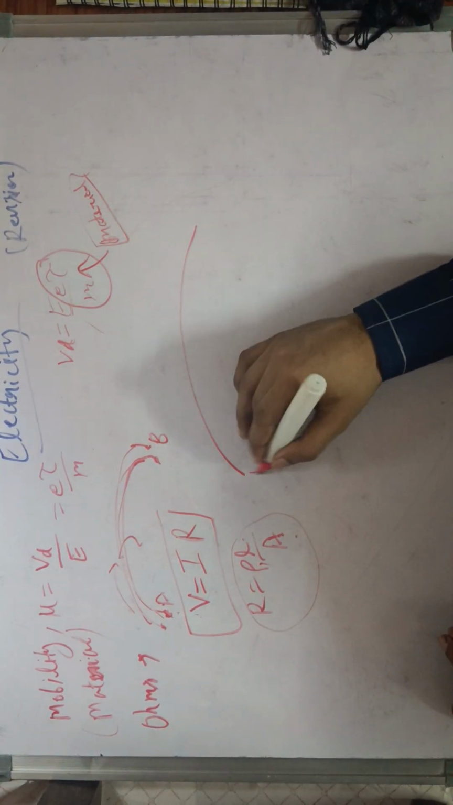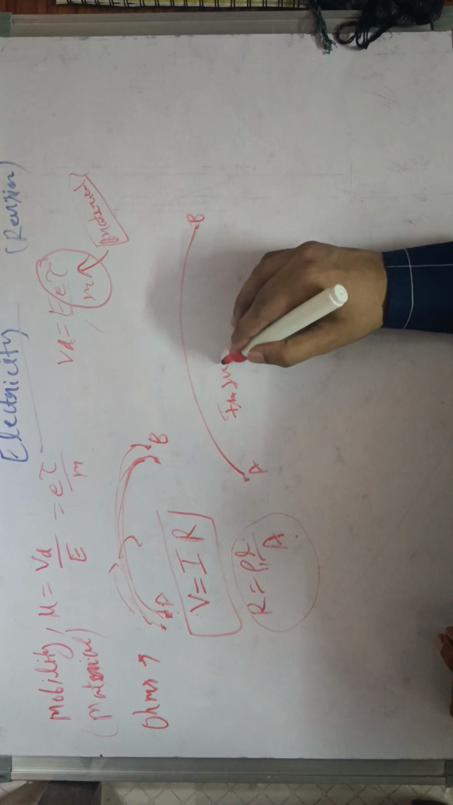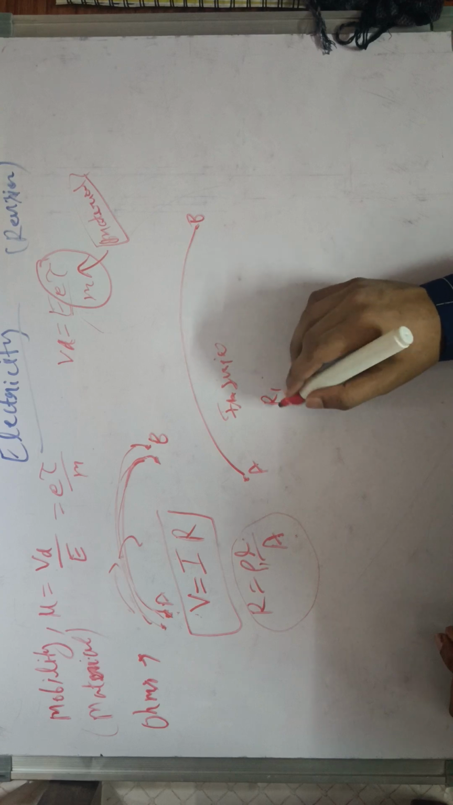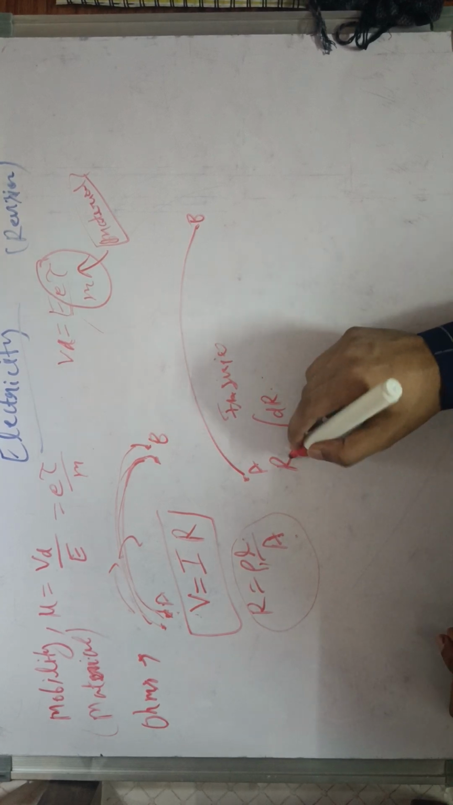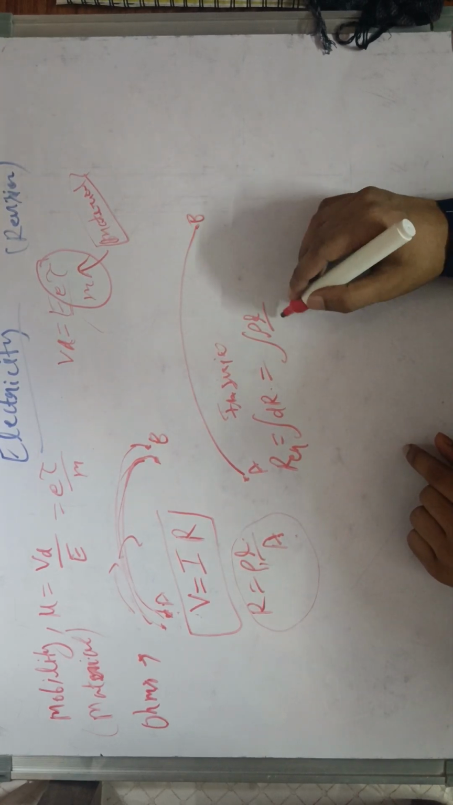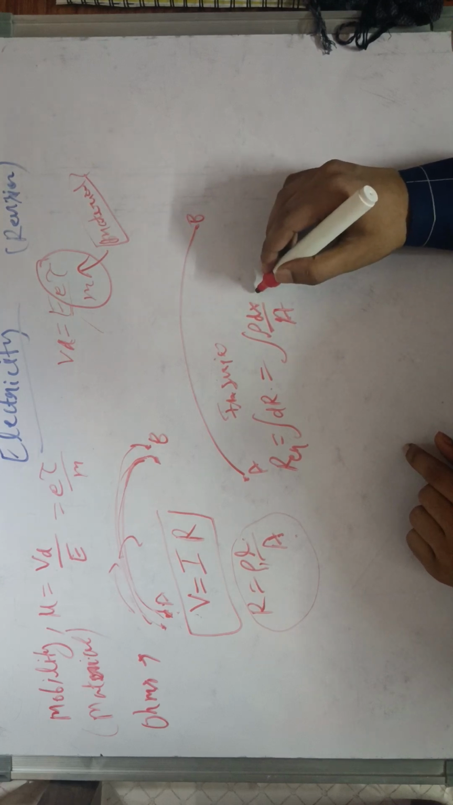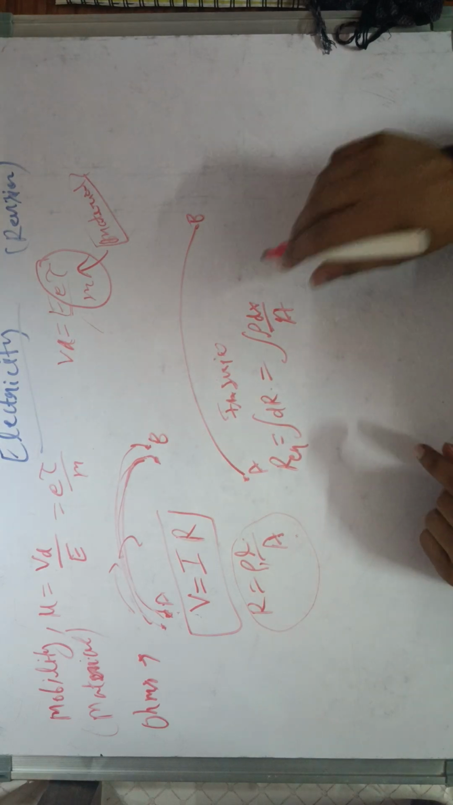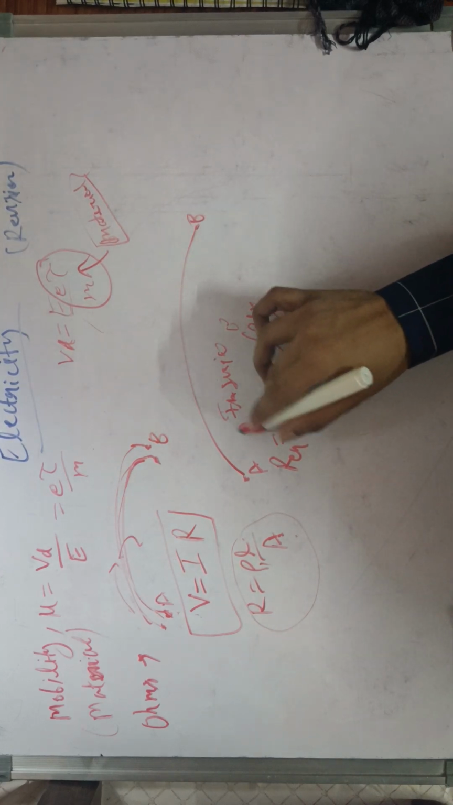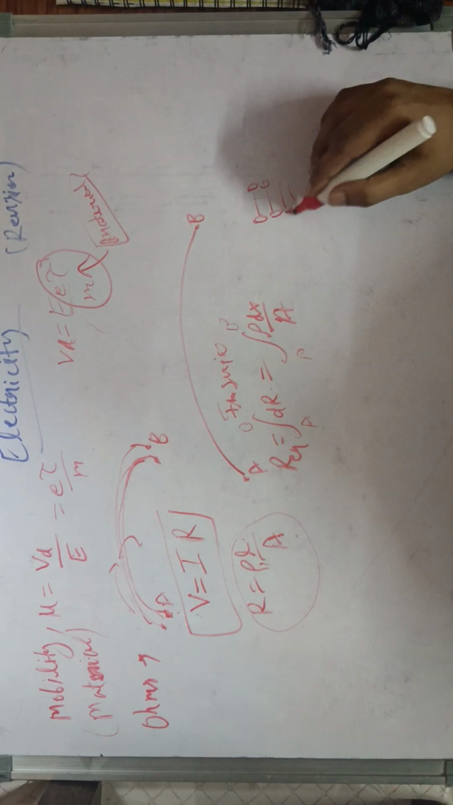And in series, from A to B, if these values are variable, then we will have to take the sum of all dR to give the equivalent R, which means we have to take the integral of rho dx upon A, integration of this from A to B. And if there are many materials connected in parallel,